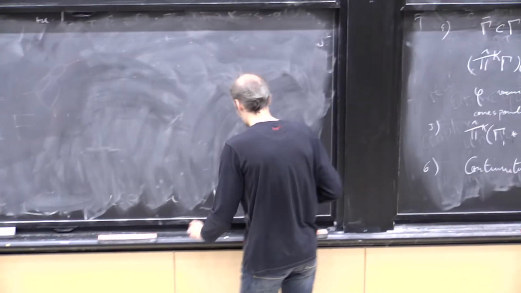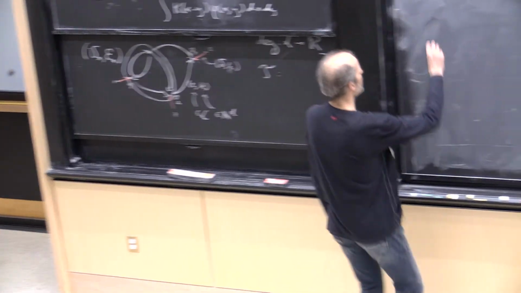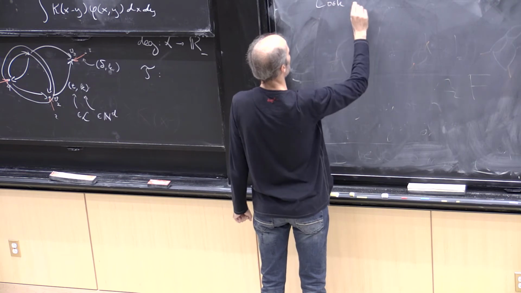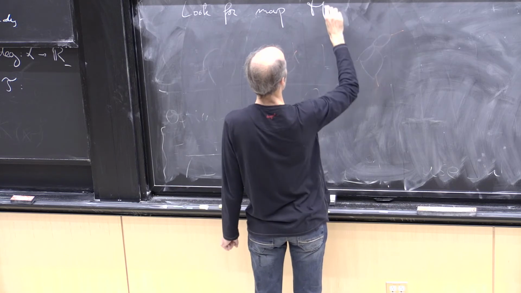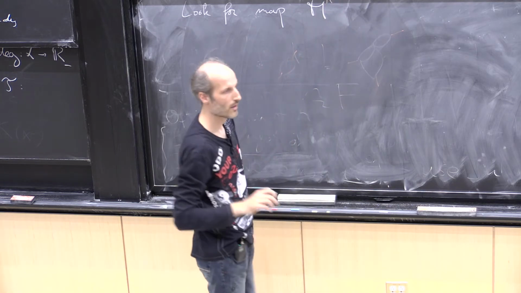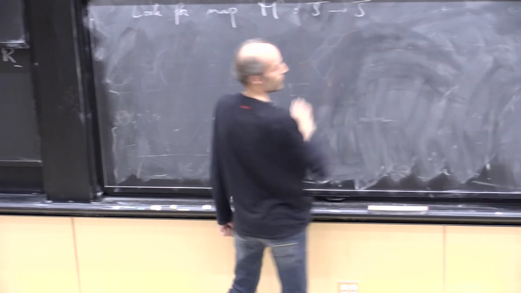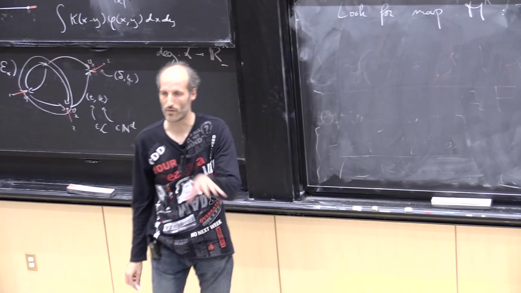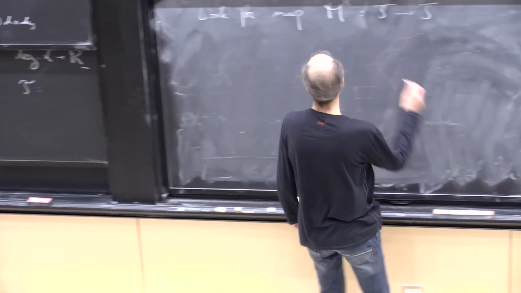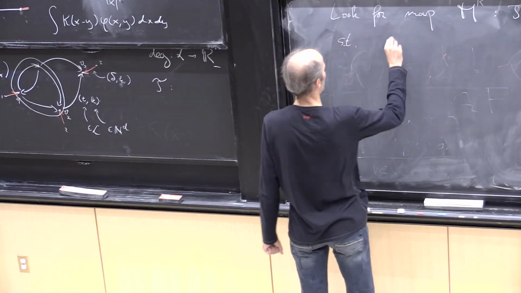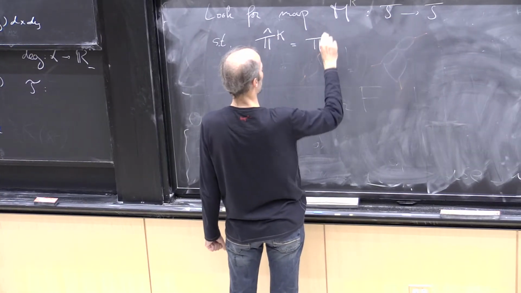Yeah. And so what you look for is a map M, which might depend on K as well, which goes from T to T. Okay, so it turns a Feynman diagram into possibly a linear combination of Feynman diagrams, such that I can just define that guy as pi k